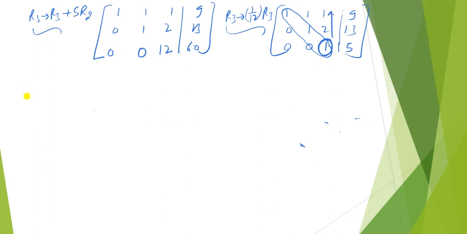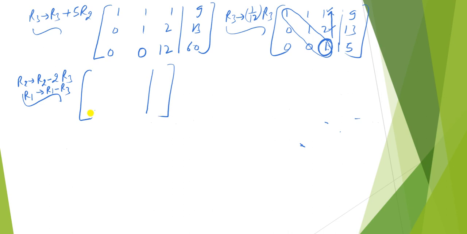So here we perform the row elementary operation R2 is R2 minus 2 times R3, that is 2 times 1 subtracted from 2, then this entry becomes 0. And if we subtract 1 from 1, then this entry becomes 0. So here perform two row elementary operations. First is R2 minus 2 times R3. Second is R1 minus R3. So the change is in the first and second rows.